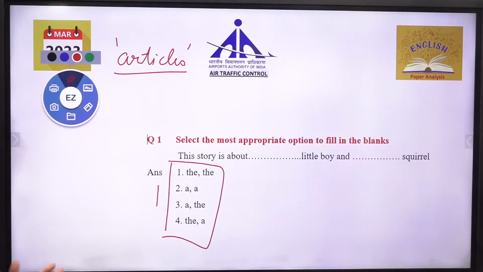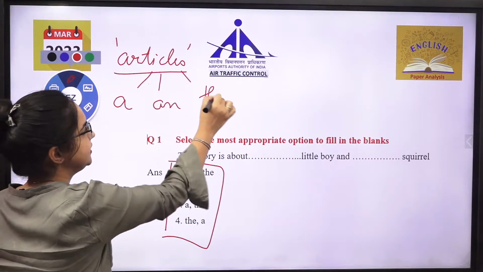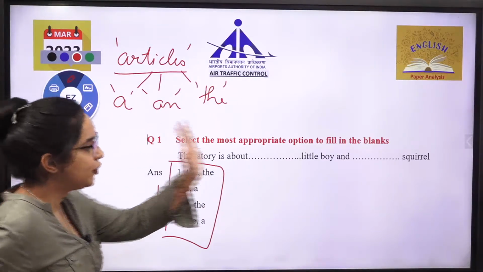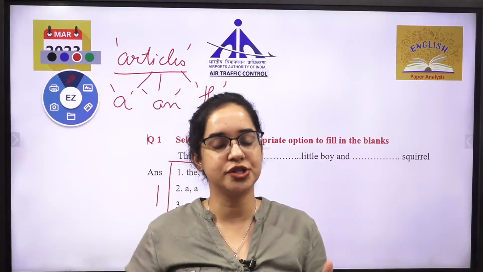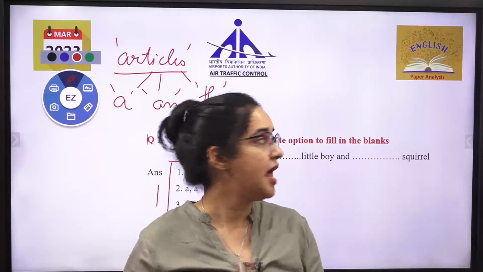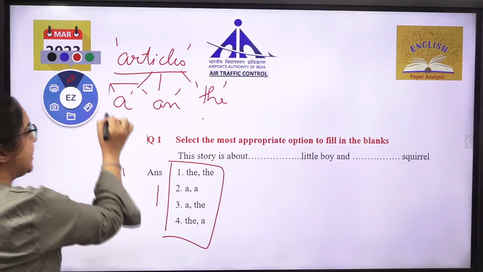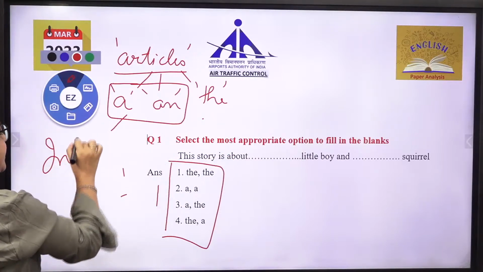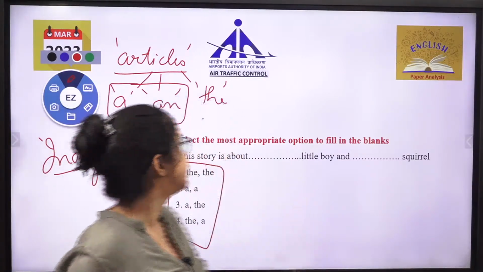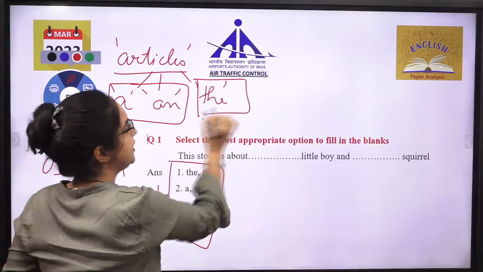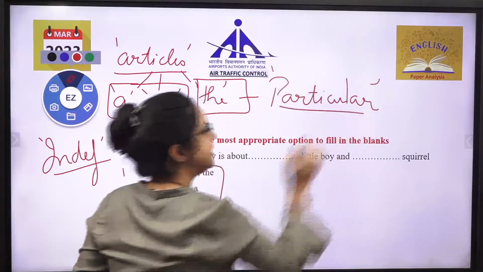Articles कितनी तरह के होते हैं? There are three types of articles. First is A, second is An, and other is The. These are the articles. Before you solve this question, just understand the concept, because our basic purpose will be to solve the questions plus understand the concept related to it. Articles होते हैं तीन तरह के, A, An and The. A and An are something that is indefinite in nature, मतलब किसी चीज के बारे में श्योरिटी ना होना, right? That is your A and An. The means surety, मतलब जब आप किसी पर्टिकुलर चीज की बात कर रहे हो, that is termed as the article.